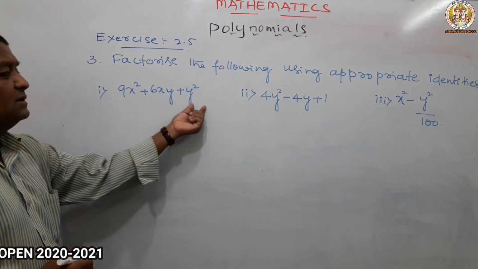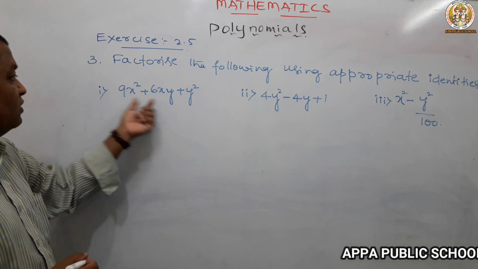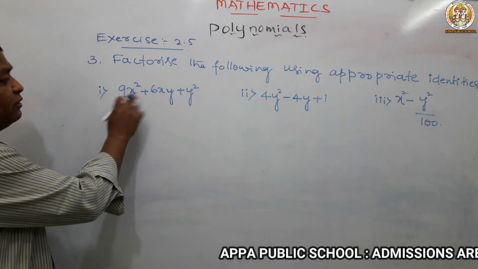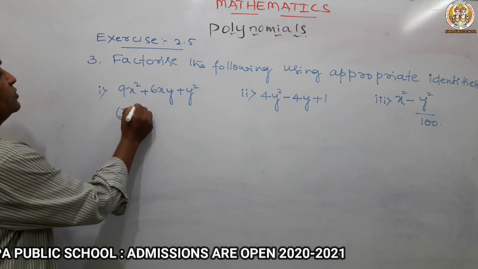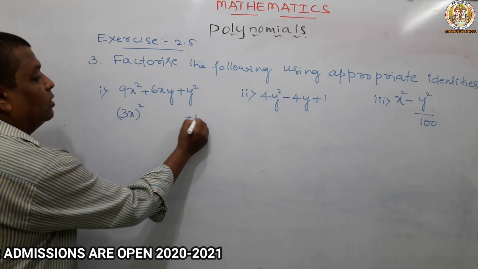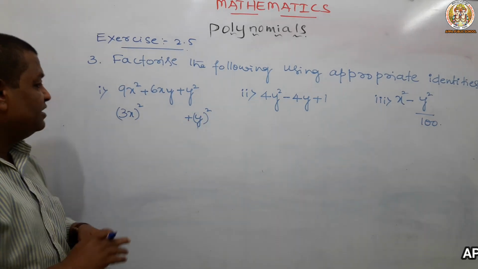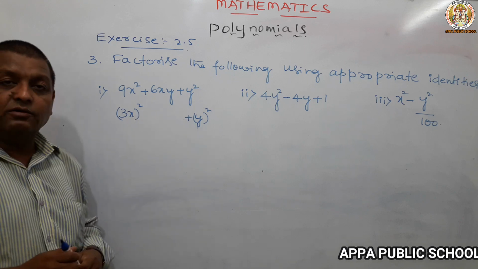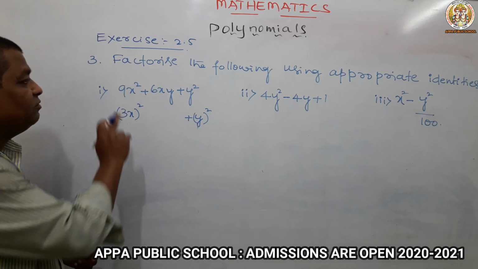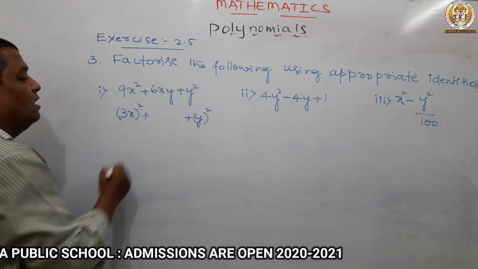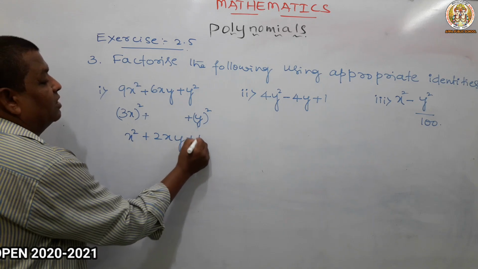Definitely it is in that form, a plus b whole square or x plus y whole square. So let me write that. We need to first convert in that way. How? See, 3x whole square, last one y whole square. So concentrate on the first and last terms carefully. That is very important: 3x whole square plus y whole square. So first and last are the perfect squares. This we need. Afterwards, according to our formula, you write x square plus 2xy plus y square.